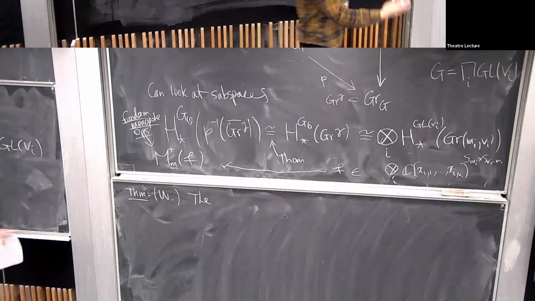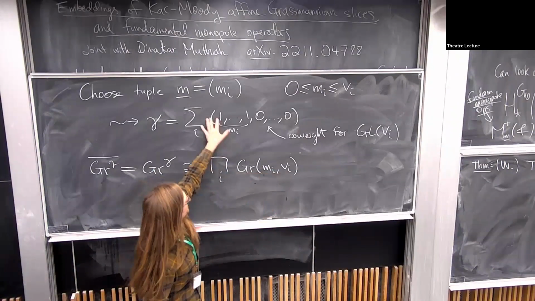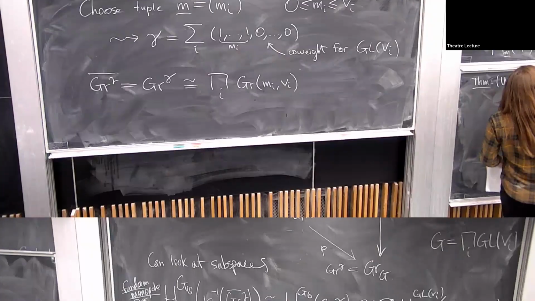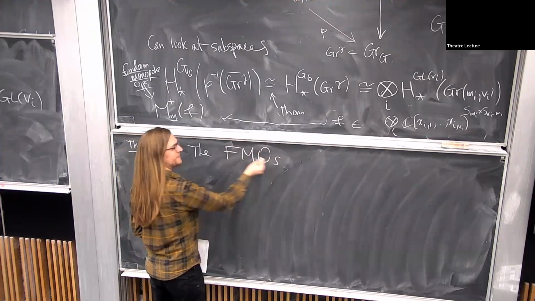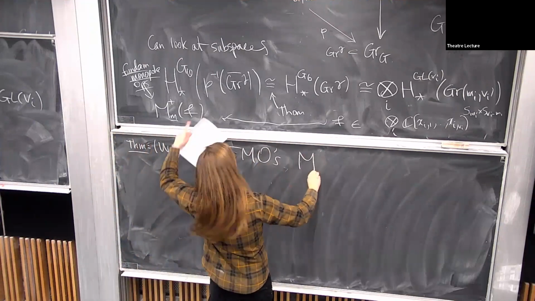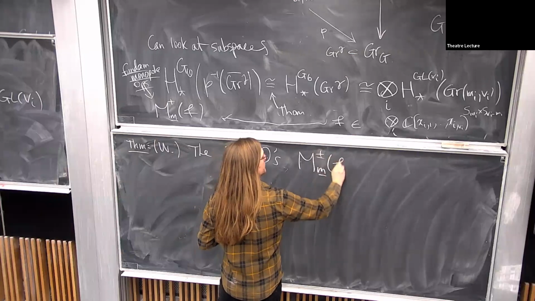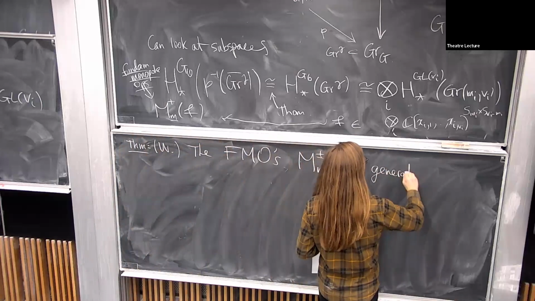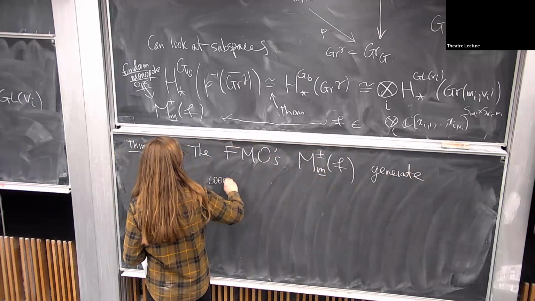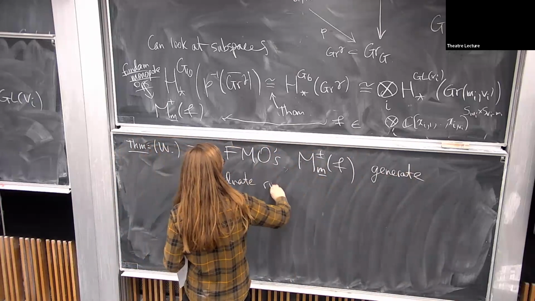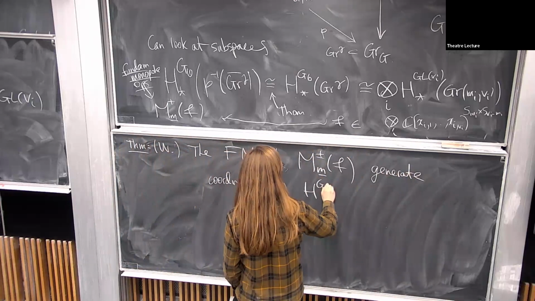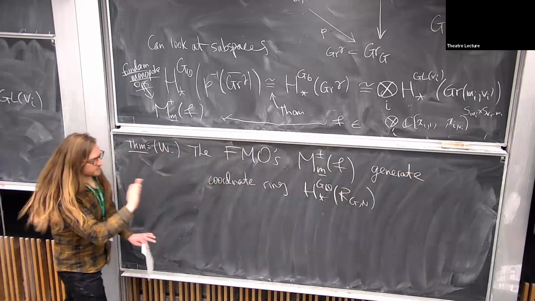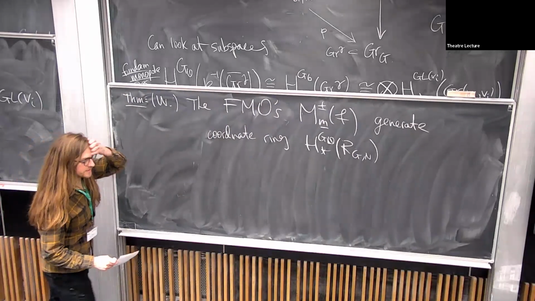You might call them minuscule monopole operators because gamma is minuscule, but here we call them fundamental because these are all fundamental. So we take to abbreviating it FMOs, fundamental monopole operators, but they all look like that. They generate the coordinate ring of the Coulomb branch. But this is completely intrinsic to quivers. So for any quiver,